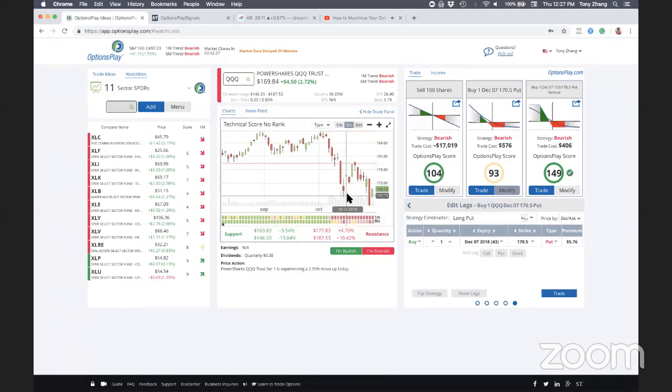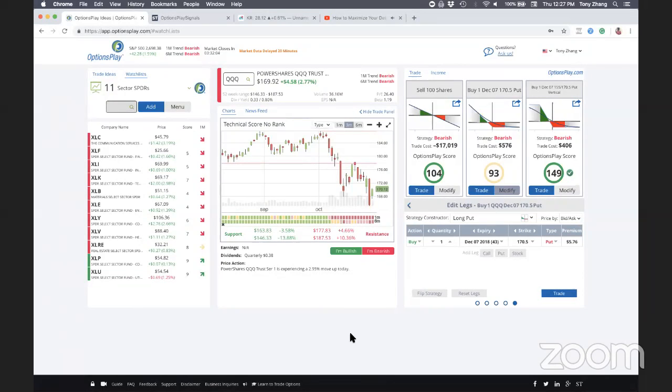I'm not saying that it definitely is, because I do think that there's still quite a bit of downside risk. But perhaps yesterday shook out some of the weak hands, and maybe there's going to be some buying coming back into the markets. Hard to say, but it certainly does look like it could be a bottom here. And because of that, these are ideal times to potentially sell a put credit spread.